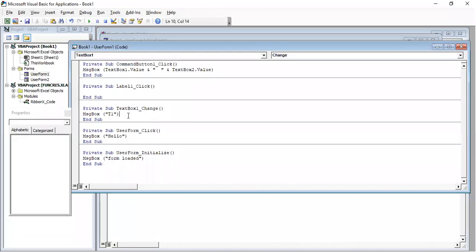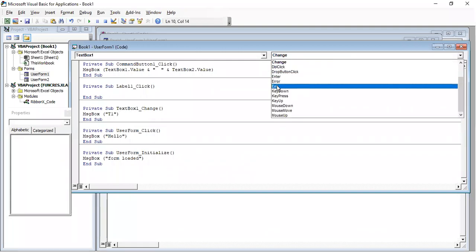So if you want anything like that to be triggered, then we can take the text box's change event. Okay, but we don't want change events every time, because it is triggered every time it is changing. We want it only after completing all the entries in that text box. When you leave that text box, then the event has to be triggered. Not on change. When you leave the text box after entering everything, the event has to be triggered.